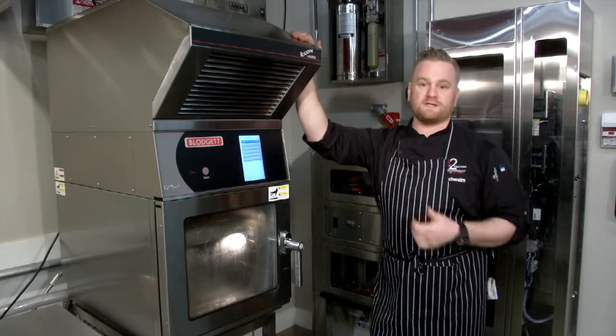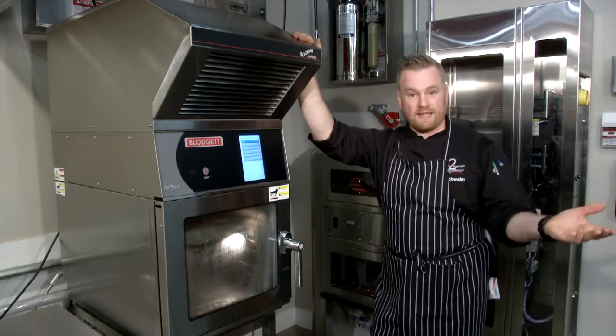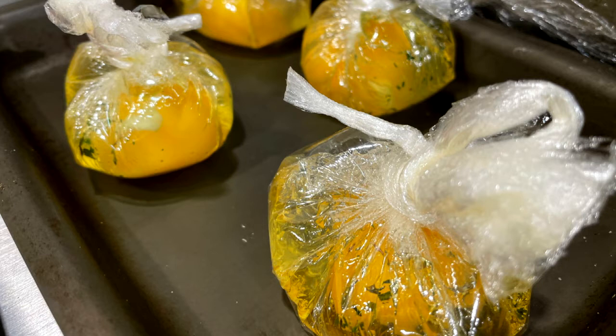So water savings is great, and the versatility. If I wanted to go hard, I can, or if I wanted to go soft, I can. One of the things I'm going to be demonstrating today is a slow poached egg at 190 degrees in the Blodgett Combi. There are many different ways of slow poaching an egg, especially in a combi, but the way I